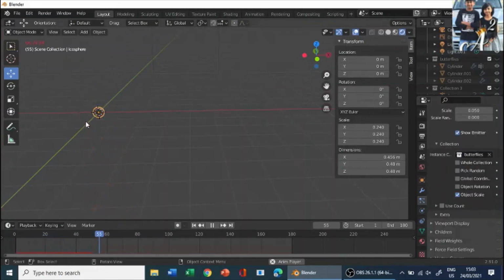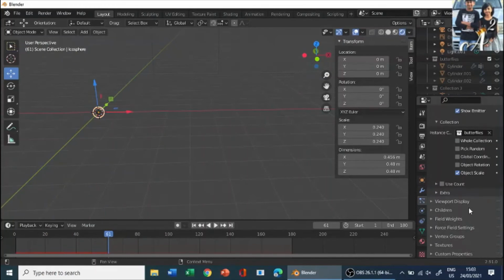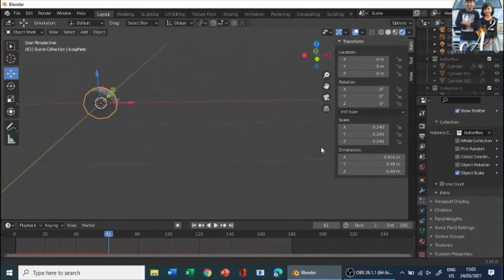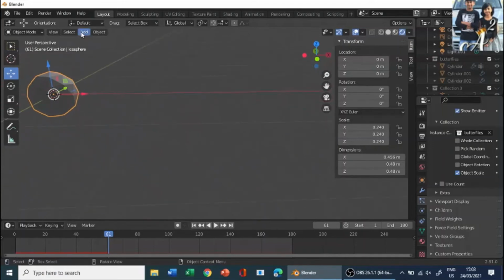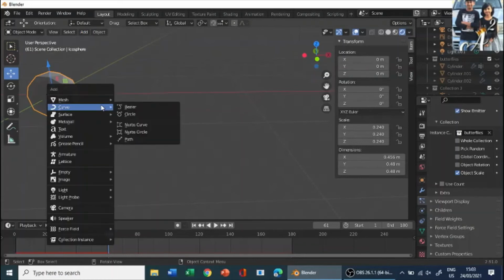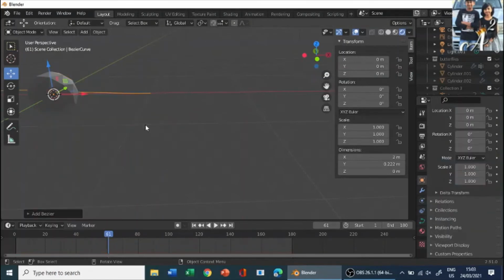But if you see, they're just dropping down. I don't need them to drop down. I need them to move in a particular direction. For that, same as my previous video, where we guided the particles to go in the correct direction, that's what we're going to do. Shift A to add, go to the curve section and add a Bezier.